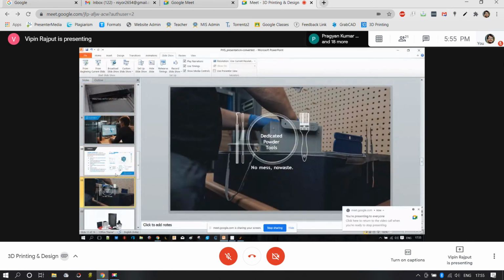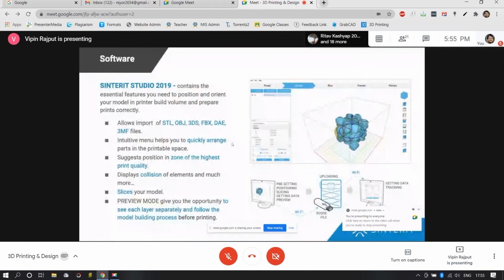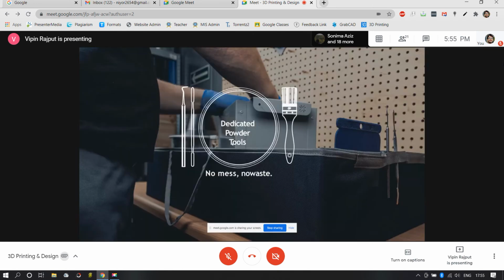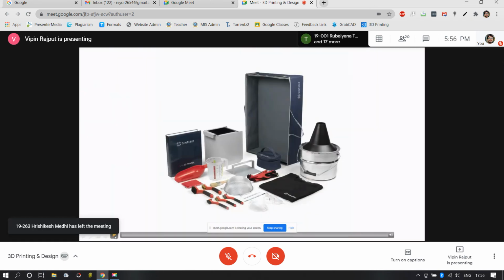Okay. So once we are done with the software and exporting the file to the particular machine, and our object is printed, then how we need to clean it and what operations need to be taken care of after printing. We do have some tools responsible for these operations, and you will see a dedicated video that will guide in a better way. So I'll just start off the video for you. By the way, this particular image shows the accessories this machine comes along with and the useful tools for this particular machine.